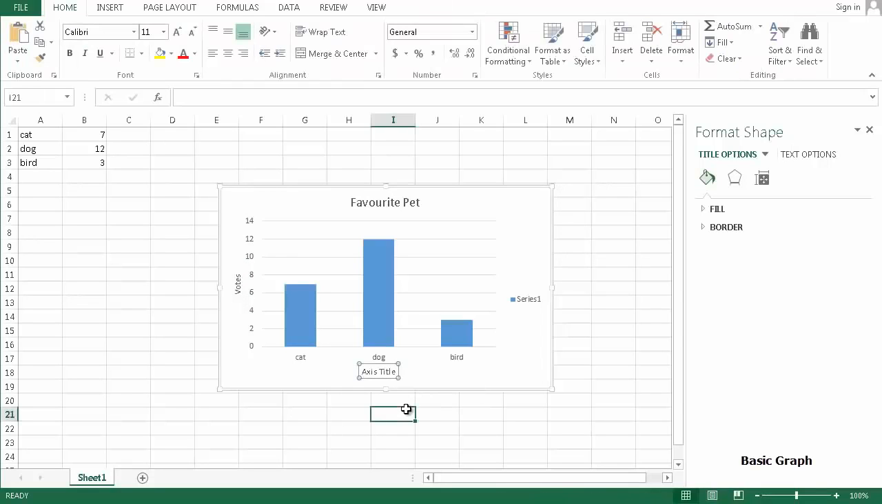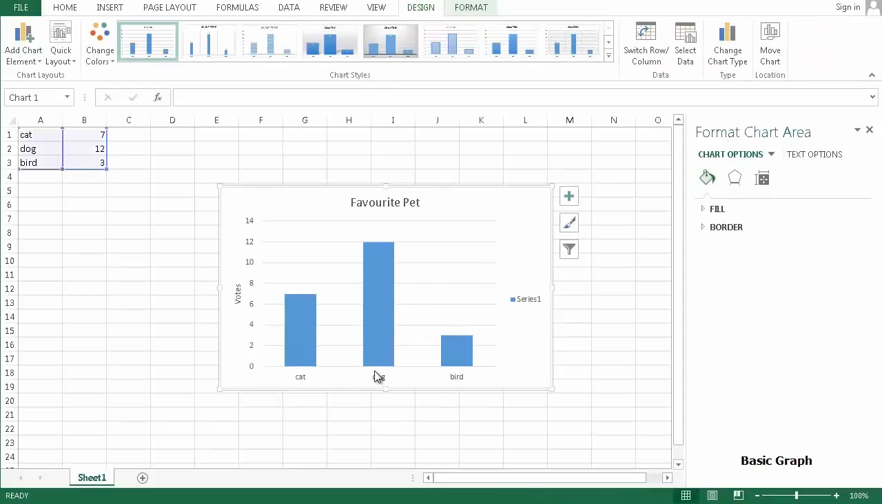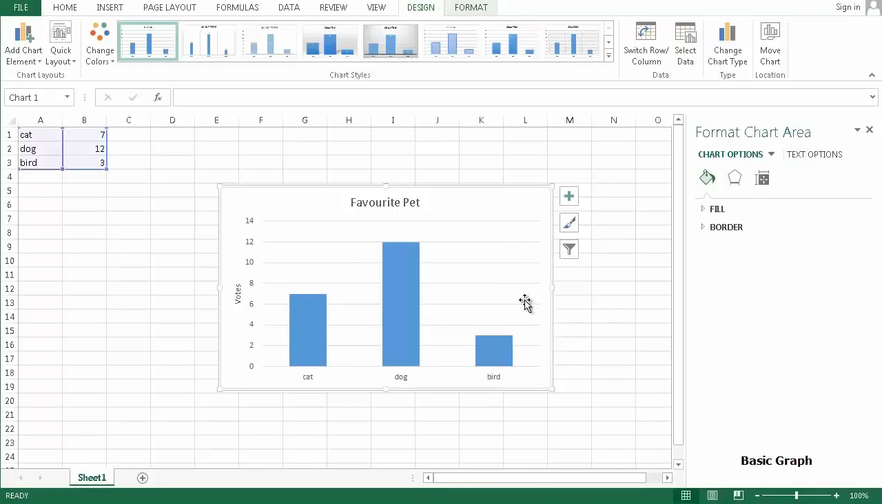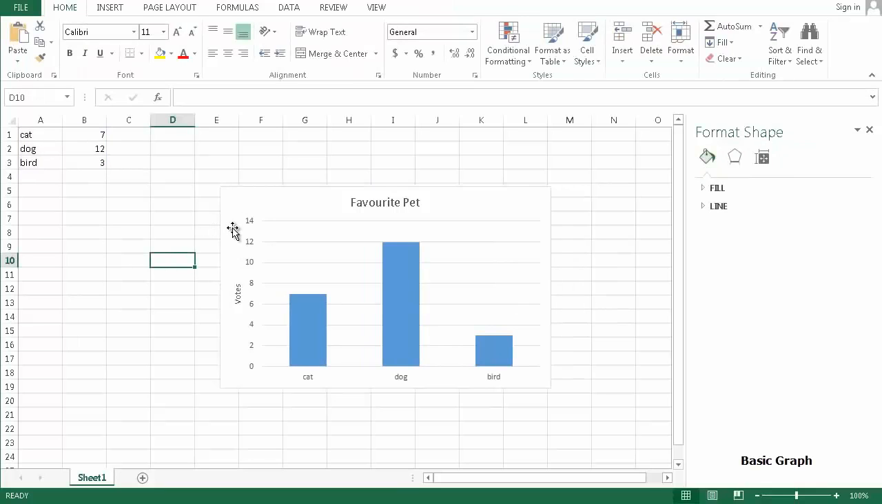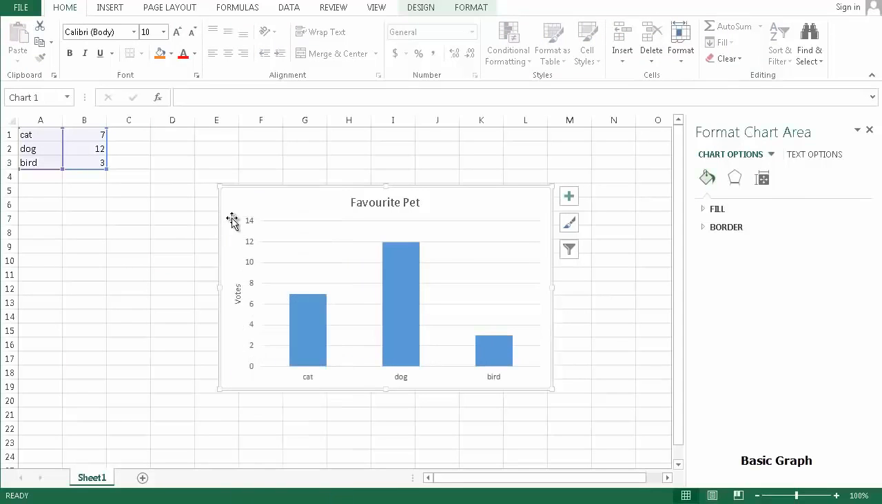so if you click off of it and you click on it once, you can press delete. And series 1, I don't want that either. I can click on it once and press delete. Alright, and you can right click the actual chart,